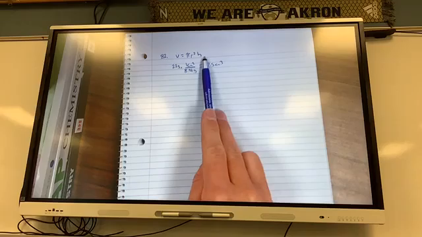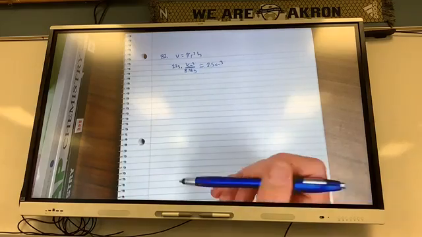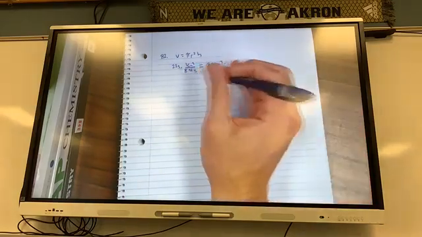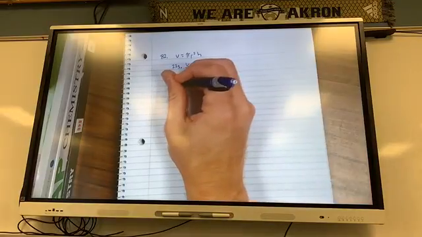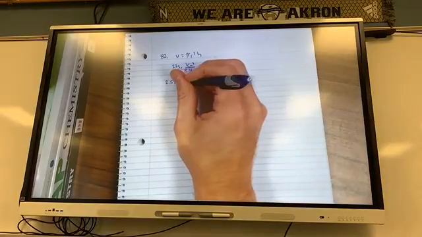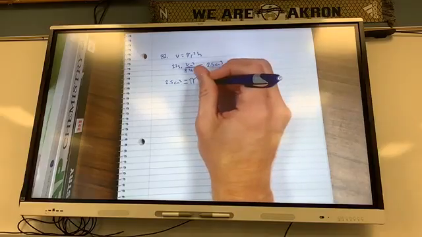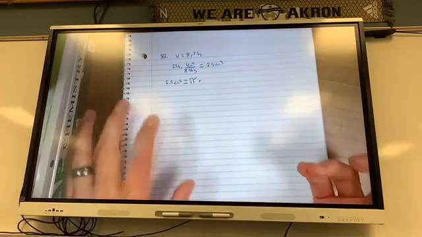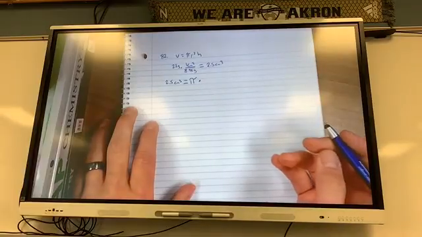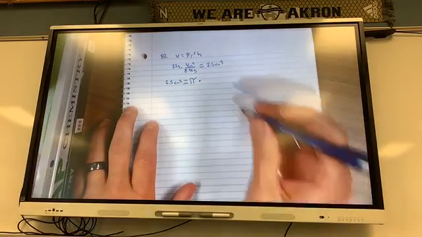And could I solve for h? Yes, I could. So I'm going to set this up as an equation. I'm going to say that 2.5 centimeters cubed is equal to pi times r squared. For my r squared, I'm going to have to do a calculation, right? I'm going to have to take my